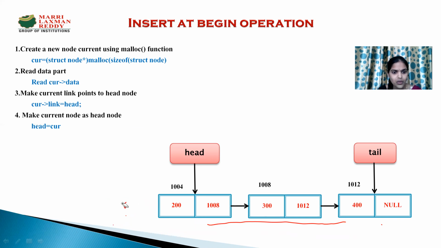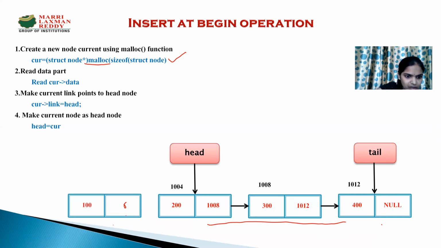Okay, now see. First, to create a node, we have to allocate some memory for that node. With the help of this statement, we can create a node. The function that we use for allocating memory is the malloc function. By using the malloc function, we can allocate the memory to the node. That means some memory is allocated to the node. It means a node gets created like this.